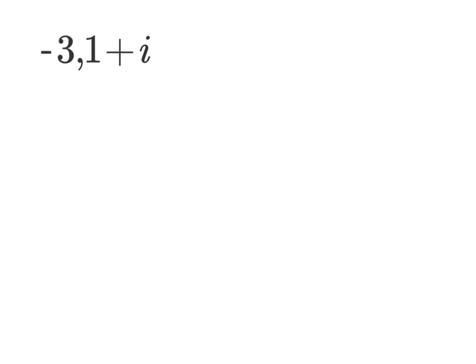Find a polynomial with integer coefficients that satisfy the given conditions. So I have a function q, and it needs to be degree 3, and it has zeros at -3 and 1 plus i. Okay, so if it has a zero at -3, one of the factors will be x plus 3,